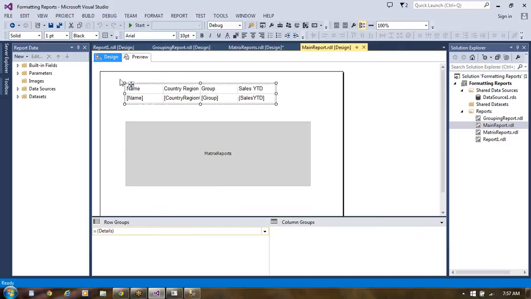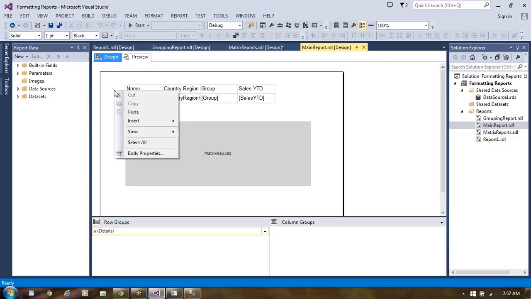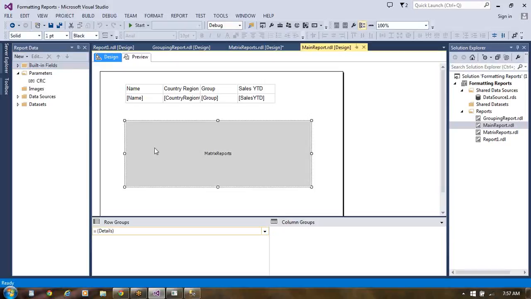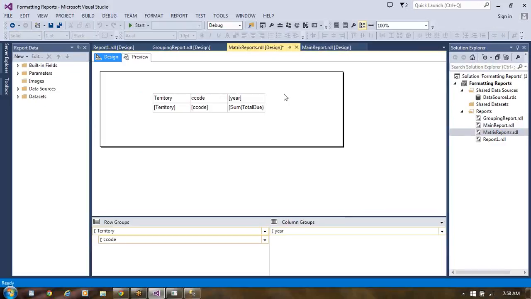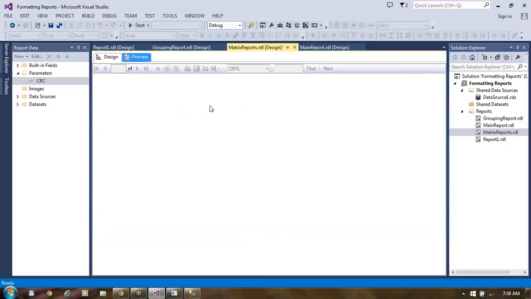For the main report also, I think we have some parameters. Click on this. This is going to be the main report. Okay, so in the main report, we have parameters again. CRC is a parameter we are using with both the things. Now we come to the matrix report .rdl. Here let me make a parameter. For this we expand. CRC is a parameter here, and there also we have a parameter CRC should be working.